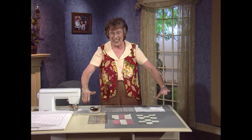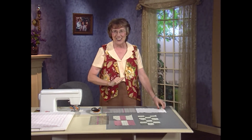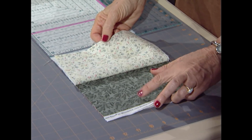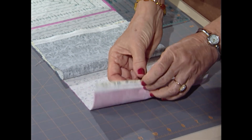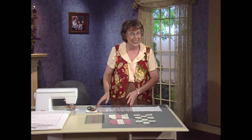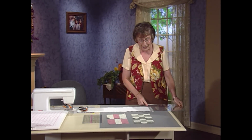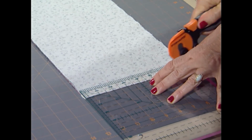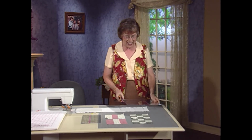Well, I already cut 8-inch strips, and they're all layered, ready for cutting. You take your background and place it right sides together with your 9-patch, and then I also have the background with the stripe all stacked up. Gosh, you can get this done really fast. Now, for cutting, the most appropriate ruler is the 12.5-inch square up. So just line it up on that left edge, trim off that selvage edge, get rid of it, and you're